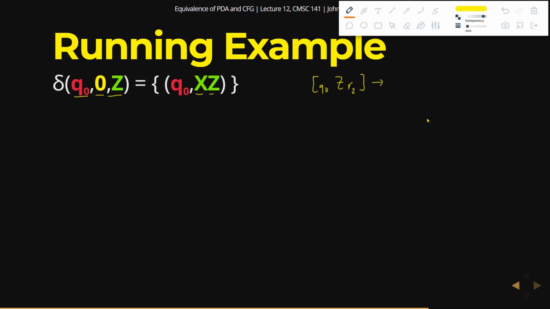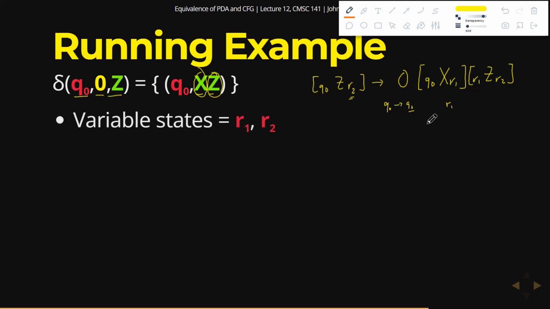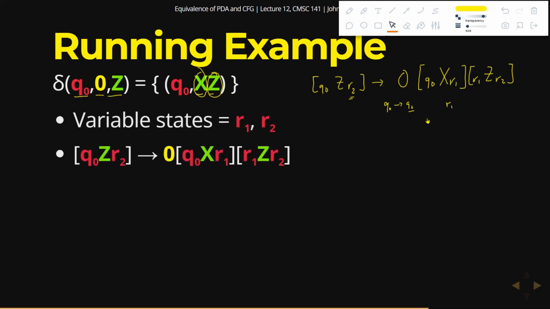And this becomes, starting at 0. So 0 allows you to transition from Q0 to Q0. But since you're still at Q0, we'll start at Q0 and then remove X here, X, R1. So we're now at R1. So we'll start at R1 and then we remove Z and then R2. Okay, that's why we end up in R2 here as well. So again, variable states are R1 and R2, and then you have the Q0 Z R2 is equal to 0 Q0